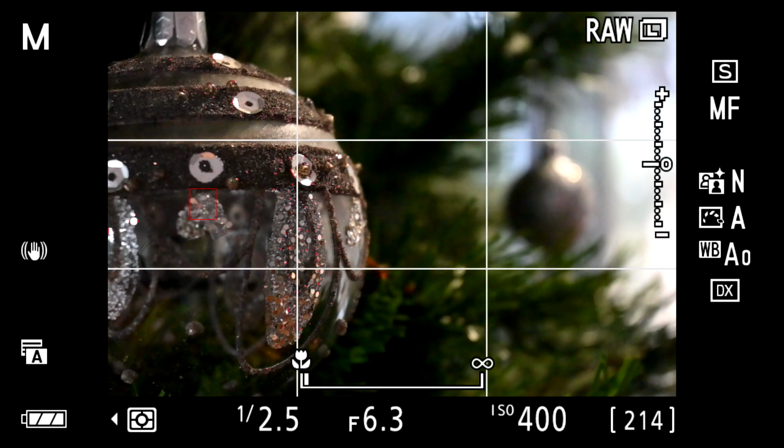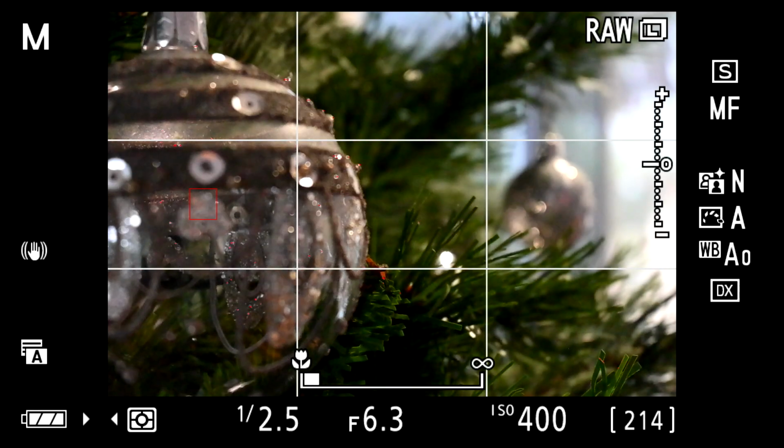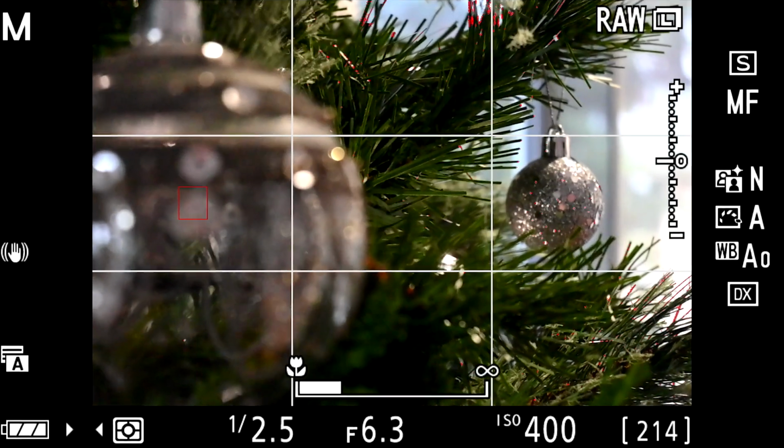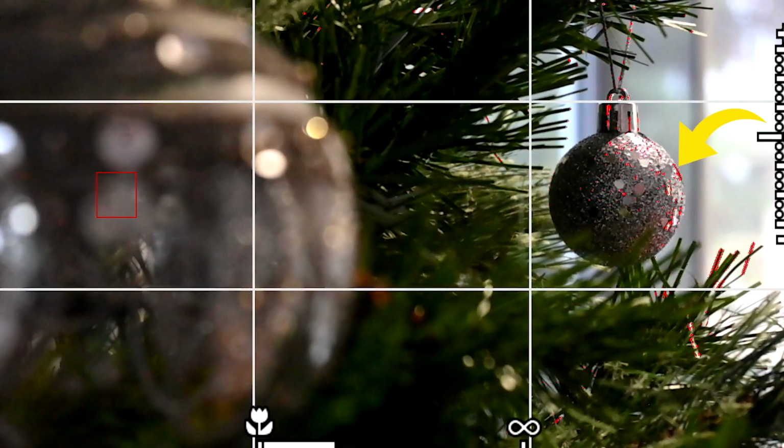Now, this is a feature that will highlight the areas of the image that are in focus. It works by analysing the image in real time, detecting edges and areas of high contrast, and then outlines these areas with a colour, often of your choosing. Now, focus peaking is not always turned on by default, but if your camera has it, you'll find it in